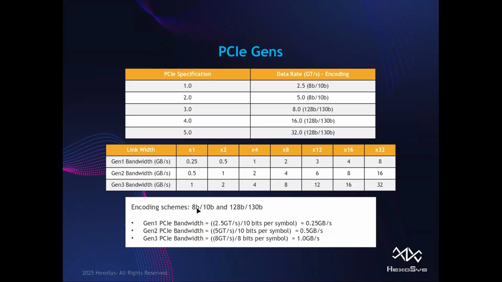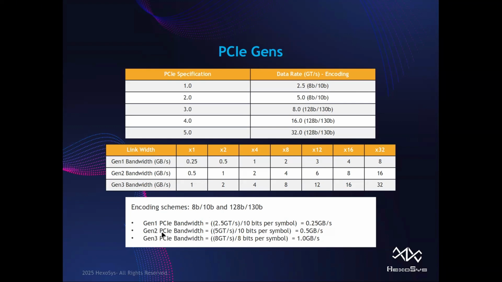For example, we have 8b/10b. In 8b/10b encoding, for each 8 bits of data, or 1 byte of data, we send 10 bits of transactions. We name it a symbol. So our symbols are 10 bits, and for each 8 bits we send 10 bits. We add that overhead to our transaction to provide some balancing and also the possibility of transitioning between 0s and 1s.